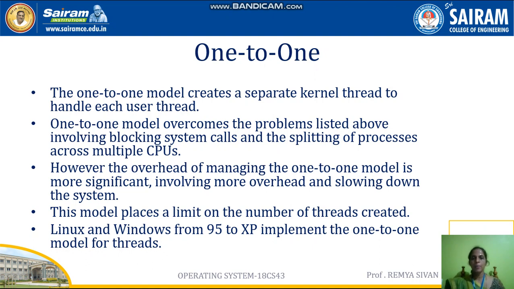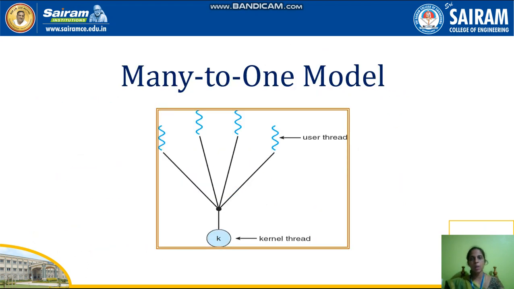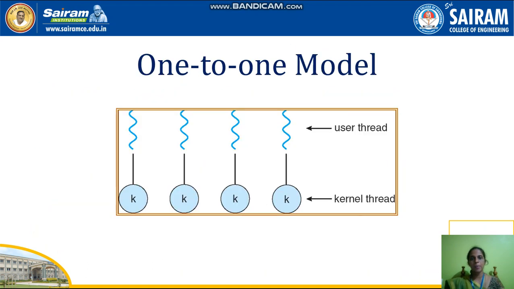And the problem here is, suppose you have n number of users, that many kernel threads should be there, and that will be an overhead. Managing that many kernel threads will be an overhead. But in the previous one, the problem was the blocking mechanism. Here there won't be any blocking problem, because suppose this particular thread is calling a blocking call, only that one is blocked, others can work normally.